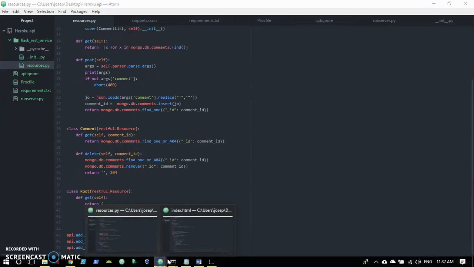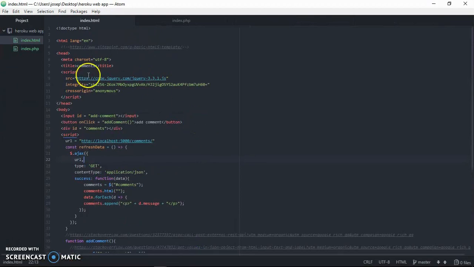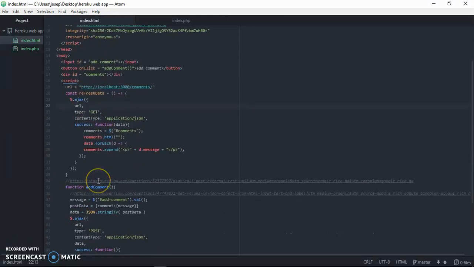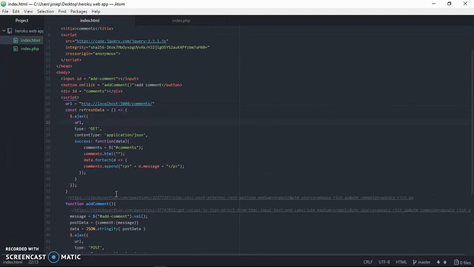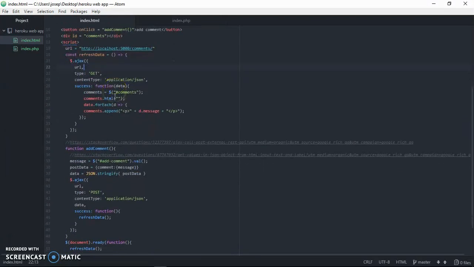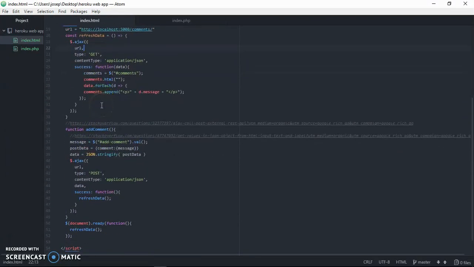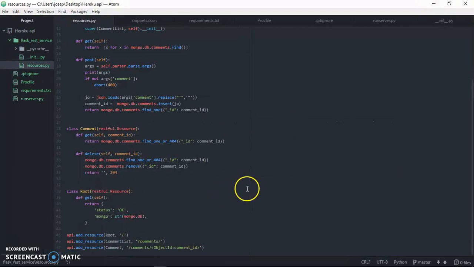And those are what we're using in our web application. And then let's look briefly at the code over here. All this is doing is we have a div here called comments, and when the page initially loads, it calls this refresh data, and the refresh data goes out to the API, gets all of the comments, and puts them into that div so that we can read them. And then anytime you add a comment, it posts it and then does the same thing by calling refresh data. And so that's basically how they're working locally, and I'm going to show you how to deploy them to Heroku,